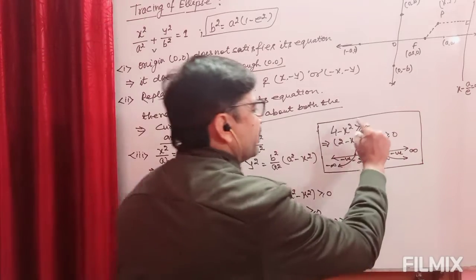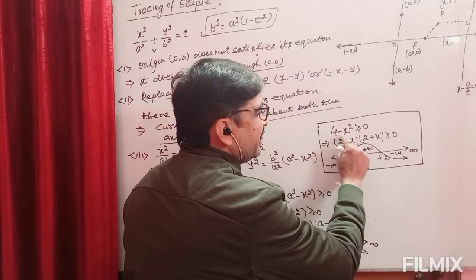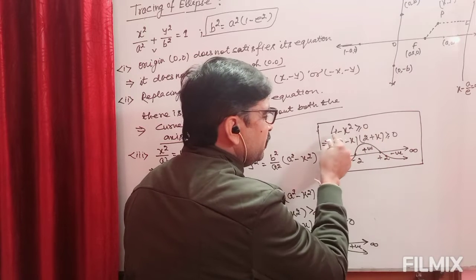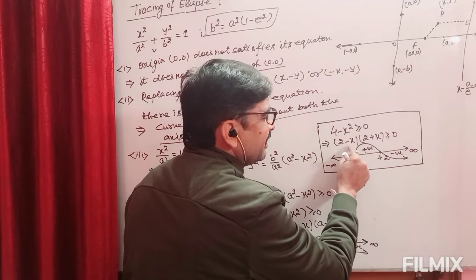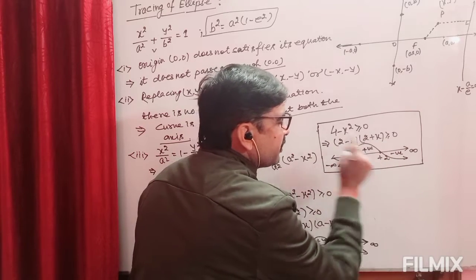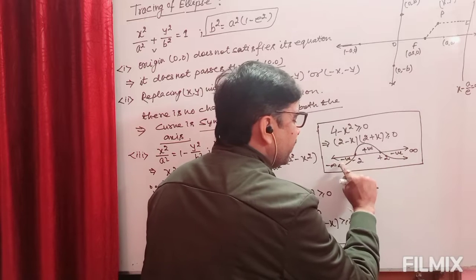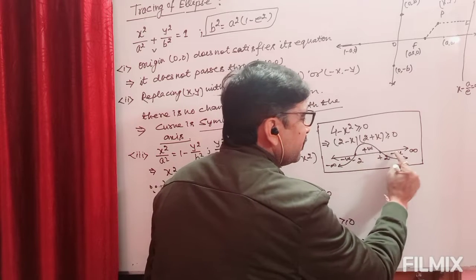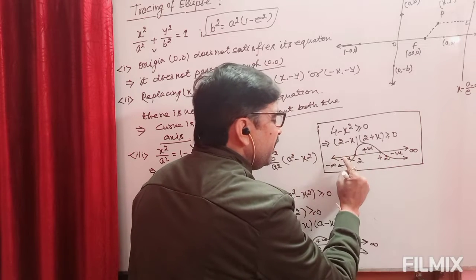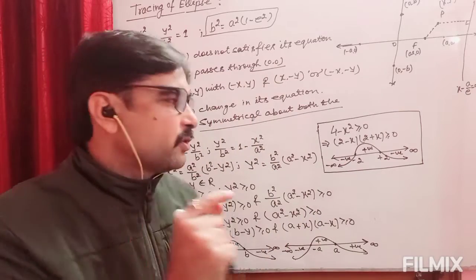Now come to this equation. For this, 4 minus x square greater than or equal to 0. When we factorize it, it will be 2 minus x, 2 plus x. तो इसके 0 पॉइंट जो होंगे वो -2 और +2 होंगे. तो इनके 0 पॉइंट से नंबर लाइन पे 3 इंटरवल बन रहा है, फर्स्ट, सेकेंड, थर्ड. Now what we do, we take any number from the first interval. फर्स्ट इंटरवल से आप किसी भी नंबर को सेलेक्ट करो.